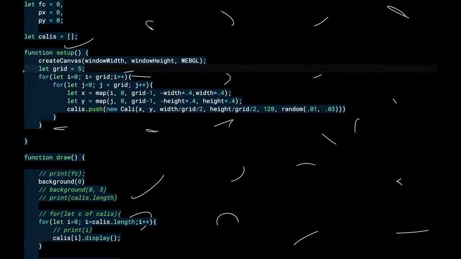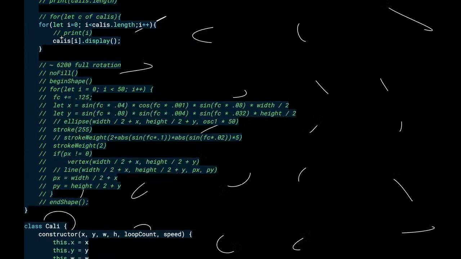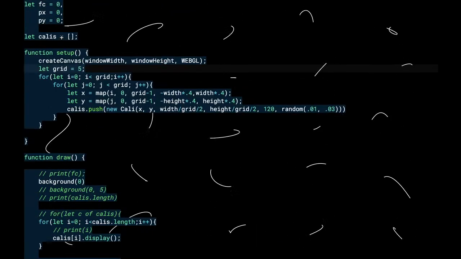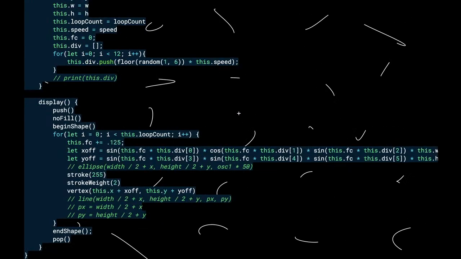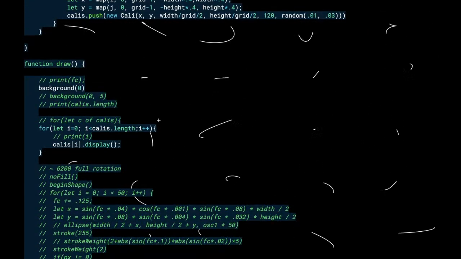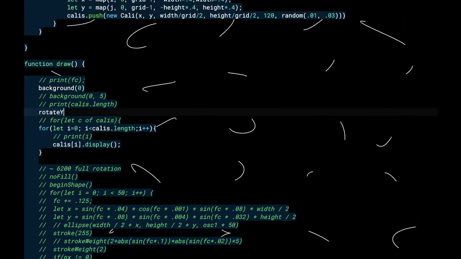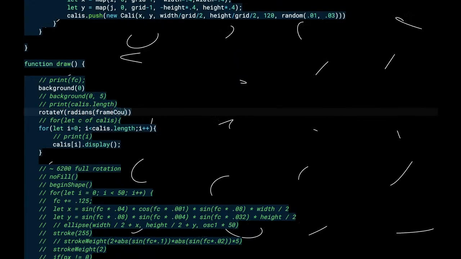Or what would have made sense is to draw all these things to a layer, so then I could do some fading in 3D. We don't have that much time. But instead, because we're in 3D, I'm curious what happens if I just do like some rotate Y, radians, frame count. Cool, then those things are actually in 3-dimensional space,